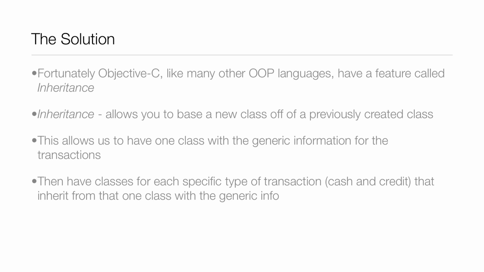And what is inheritance? Well, inheritance allows you to base a new class off of a previously created class. So this allows us to have one class with the generic information for all the transactions, and then we have a class for the specific type of transactions, such as cash, credit, and any others that we may have that inherit from that one class with the generic info, and then they have their own specific information